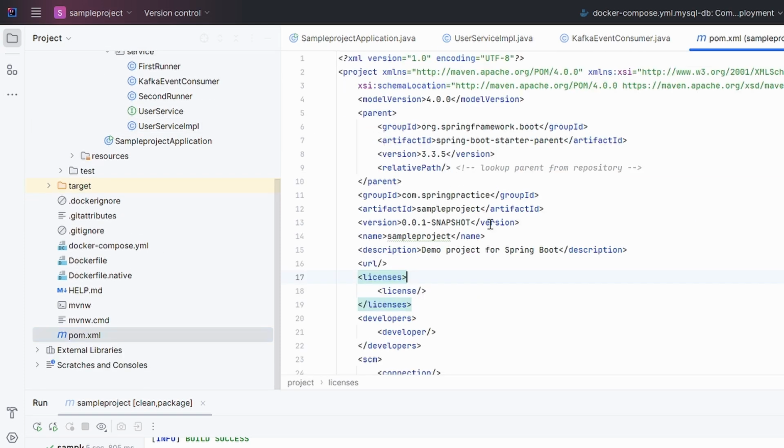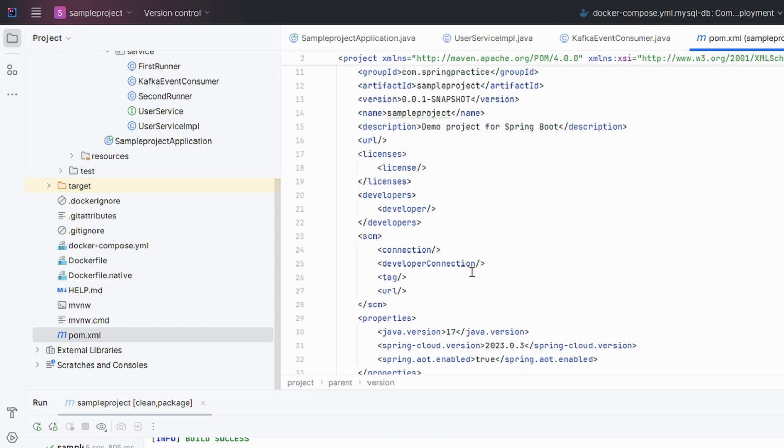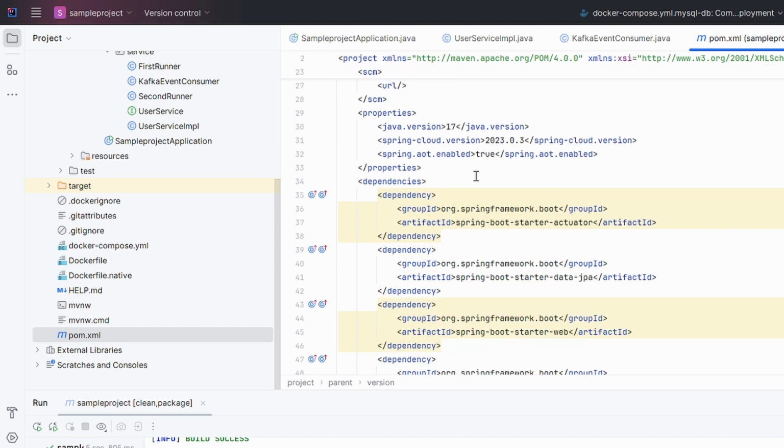The first configuration is the pom.xml. This is a normal parent entry, and this is the metadata-related information. Graal is always used with Spring Boot version 3 or 3 plus. It is not compatible with version 2. The second change is that we need to add spring.aot.enable, which is the ahead-of-time compiler for